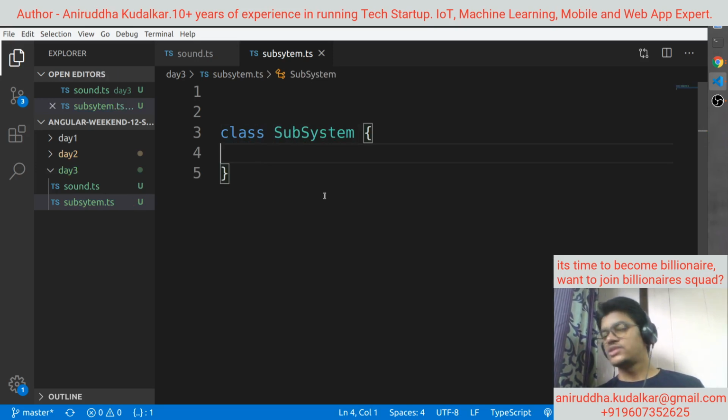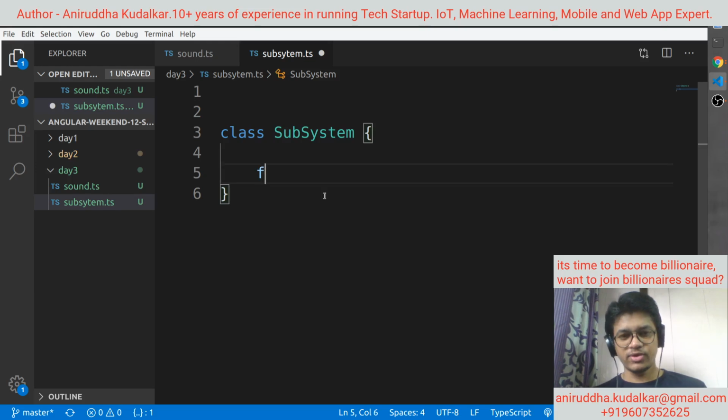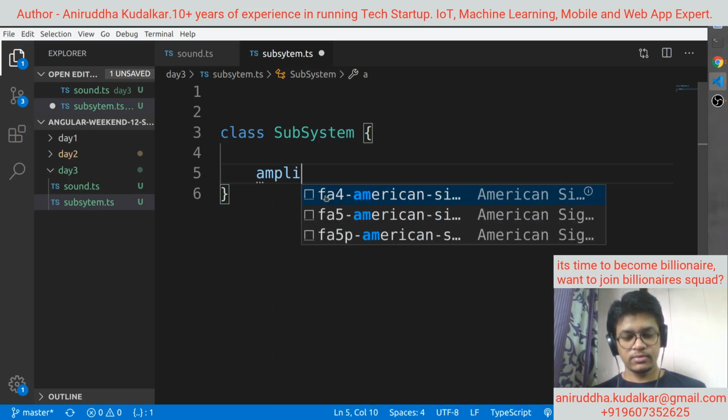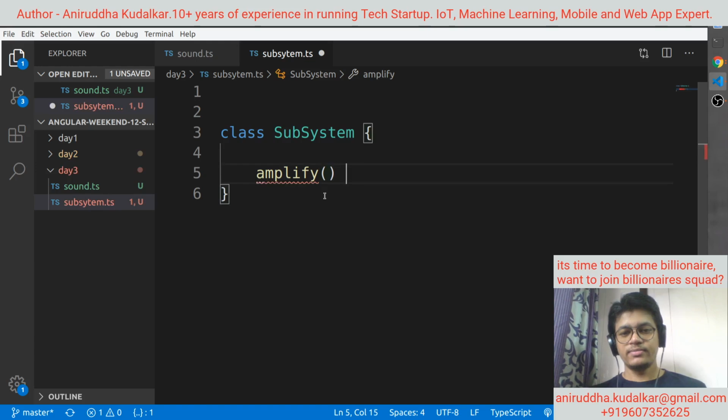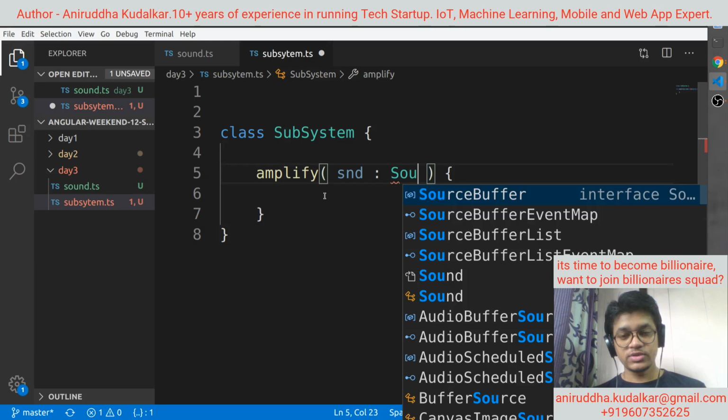Class subsystem, and there is one function inside that. Here you can say amplify. And here can you see the parameter I am passing as snd, which is of type sound.